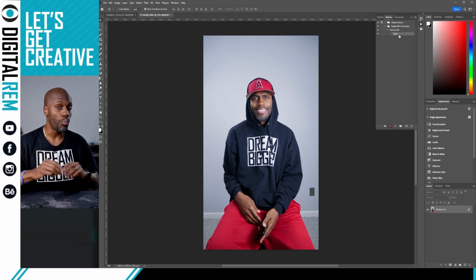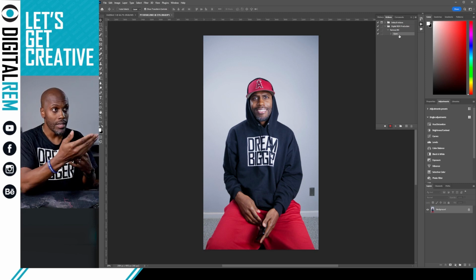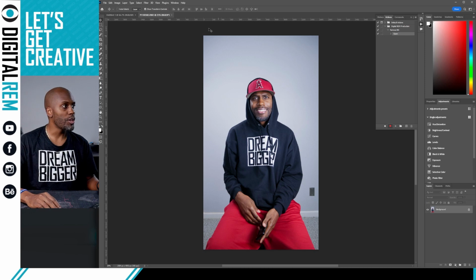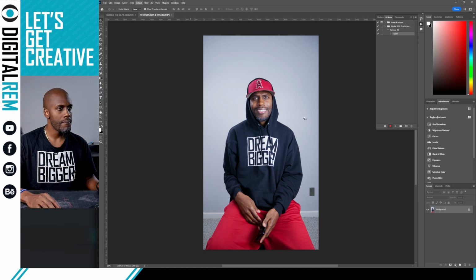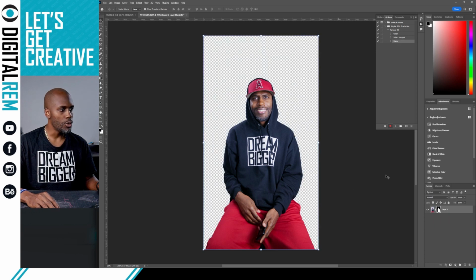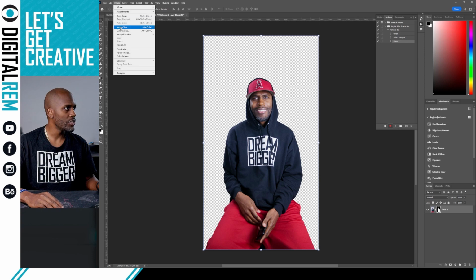So again, when you assign a folder full of images to open in Photoshop, it's going to do exactly that, right? Now essentially what we want to do is go ahead and remove the background. This is very simple to do with Select Subject, boom, and select the subject. We're going to hit the mask button down here, quick mask. Boom, done and done. One of the other things I like to do is go to Image, Trim,